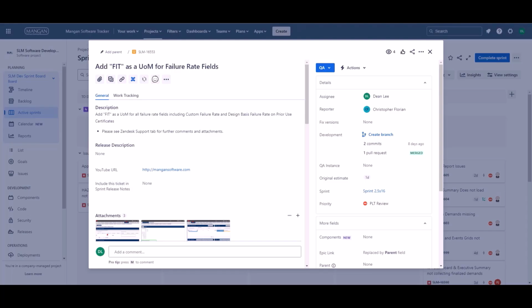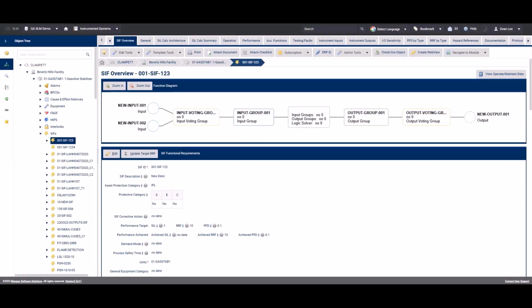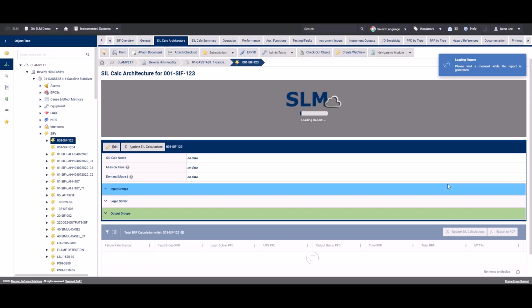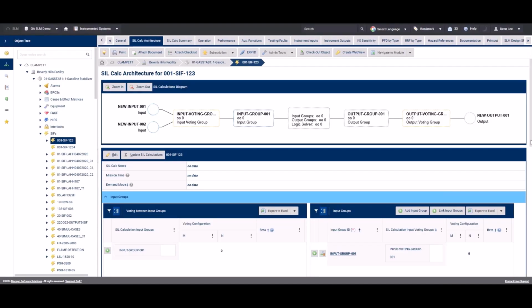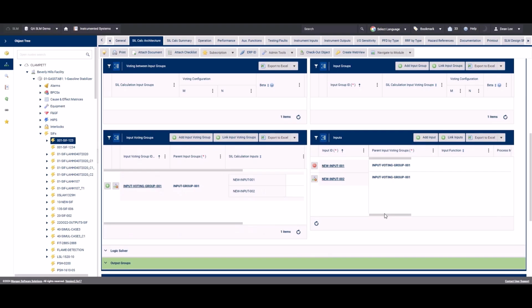Ticket number 16553. Add fit as a unit of measure for failure rate fields. So if we come to instrumented systems and select a SIF, if we come to the SealCalc architecture tab, open the input group, scroll down to the inputs and scroll across to the custom failure rate. If we open the unit of measure drop down, we can see that we have fit as an option in